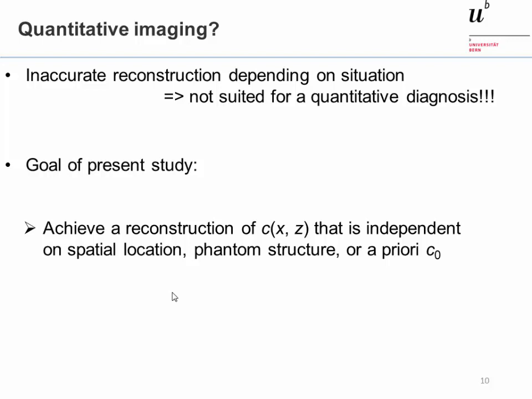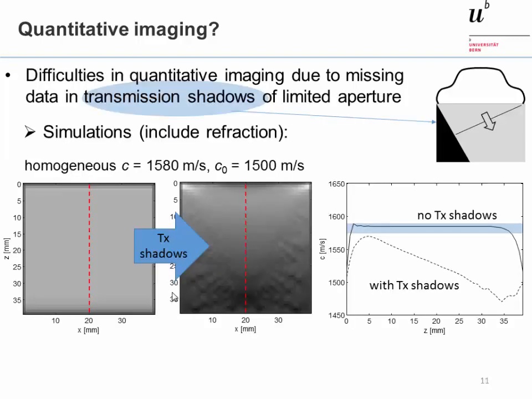So, during the past year, we focused on further improving the technique to achieve quantitative imaging. And the question was, what was the problem in the previous implementation? So, it turned out that the problem was the transmission shadows caused by the limited transducer aperture. So, when you transmit ultrasound at a certain angle, there is always a region that does not receive ultrasound power, so you can't detect any echoes from there, and you can't measure the delta sigma in those regions.